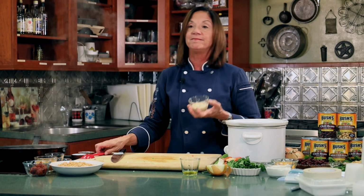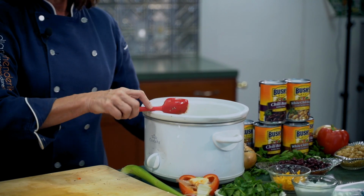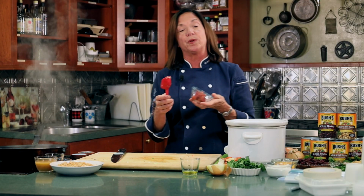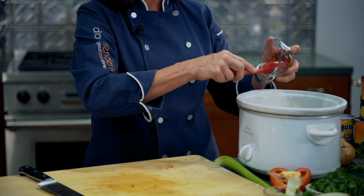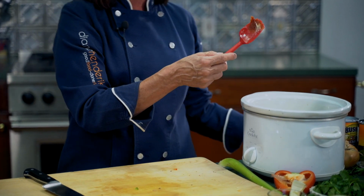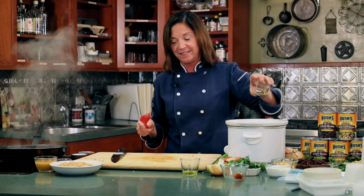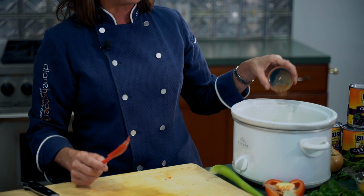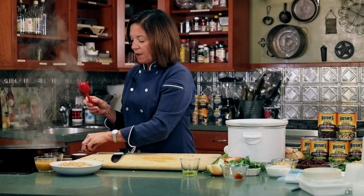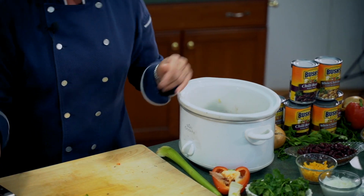Okay, next, peanut butter. It adds such a delicious flavor to your chili. I love it. Tomato paste, I'm obsessed with it. If something calls for a tablespoon of tomato paste, I put in 1/4 cup. It's got such rich flavor and it just makes everything taste great. A little balsamic vinegar. I know, you're saying, what? It's good, I promise. Some unsweetened cocoa powder gives it a nice richness. A little hit of black pepper, a little hit of salt, and